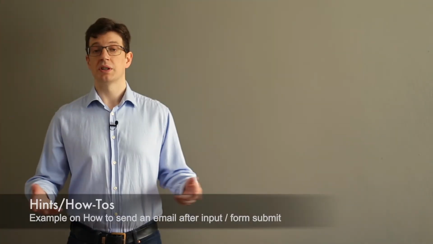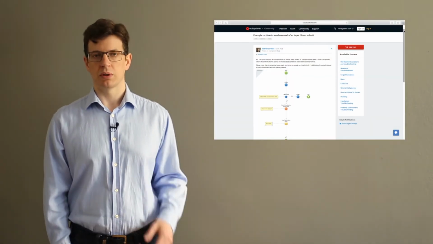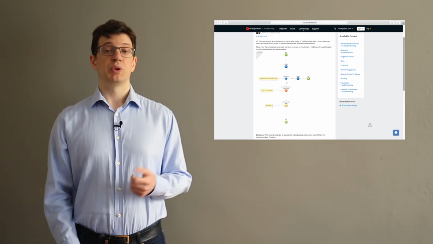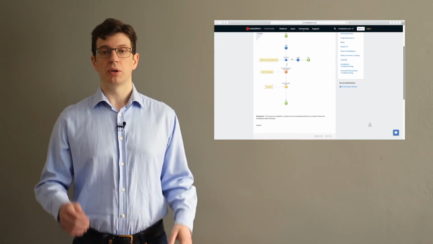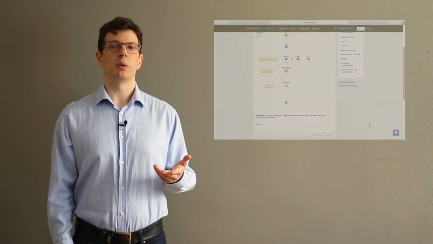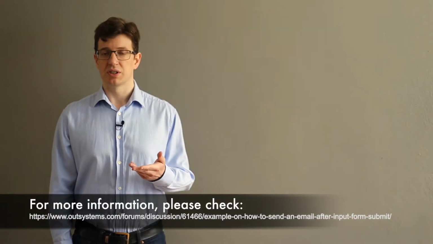Now going over to Hints and How-Tos. This week on Hints and How-Tos, we check out the guide that takes us back to the basics of sending an email and constructing that email using information from the database in a traditional web application. The guide shares an OML with the example code that shows us how we can retrieve the data to use in the email to send. This is an example that will help you to get started. So if this has piqued your curiosity, you can reach this guide by navigating to this page.